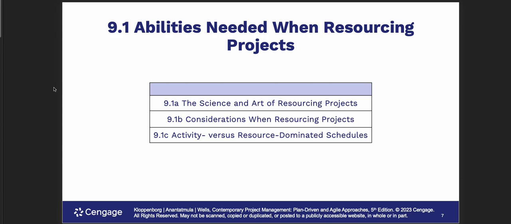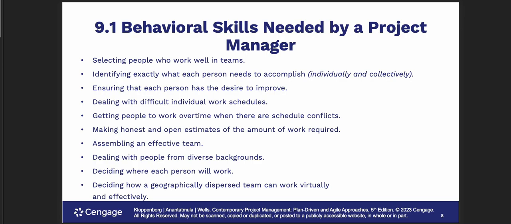And people resources are the key to this chapter, in that you're trying to understand how to staff a project with the right people at the right place at the right time. In addition, on the right team and with the right types of people, or the right characteristics of the people that are going to be in that. So it's all about optimization: selecting people who will work well in teams. You don't want people that can't. I mean, it's project management. This is dependent upon you, the project manager, to determine what each person needs to accomplish individually and collectively.